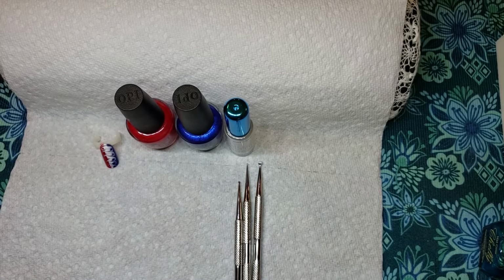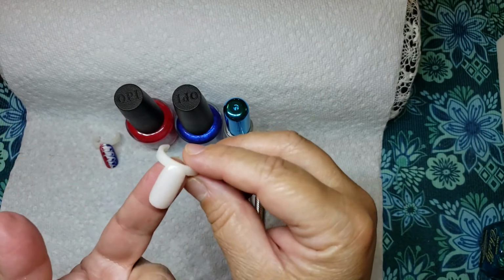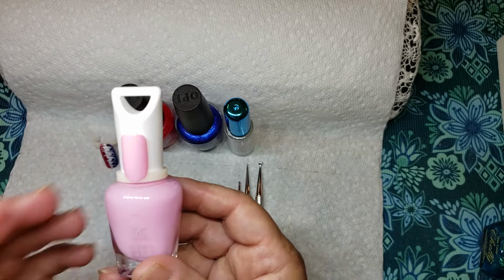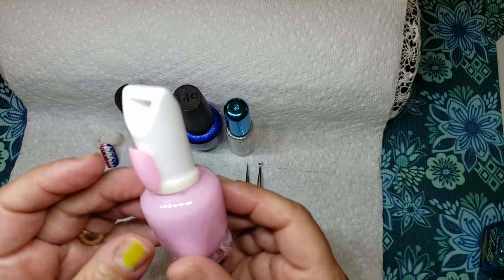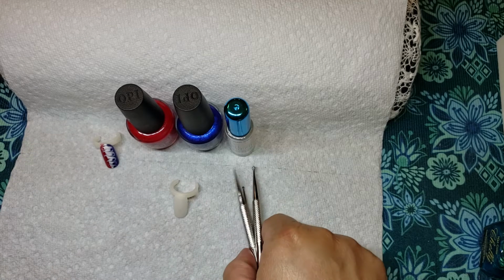What I'm going to be using is a little tiny polish sample tip. This is what we use when we want to swatch a color of our polish to give a client a better or truer look of the polish besides being in the bottle. So I'm going to be using one of those,